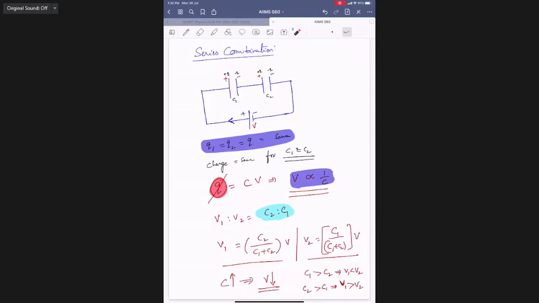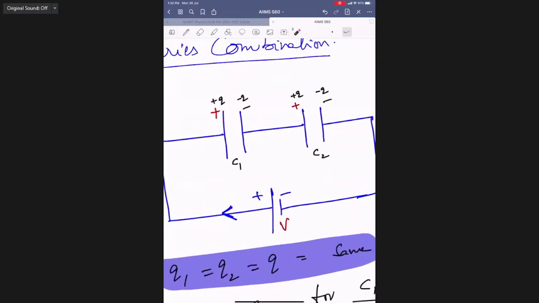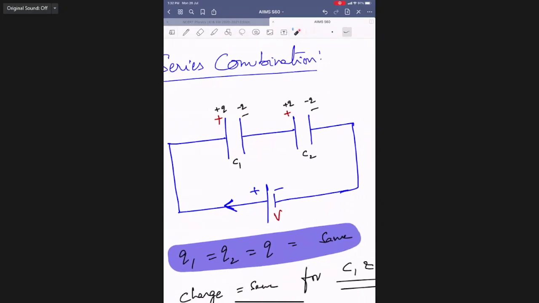Sir, here each plate has a plus Q charge, right? No, not each plate. This will be minus. This will be plus. This will be how much? Minus. To be frank, what happens is, this negative plate is connected to the battery, it will pump, the current will flow here. This will pump electrons here, then electrons are accommodated here.